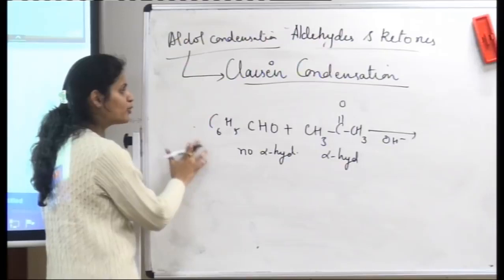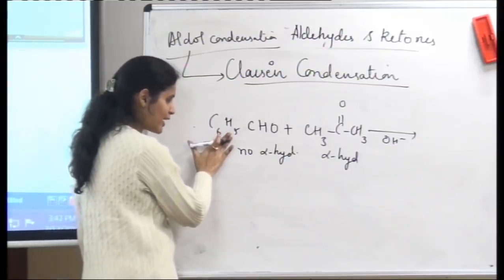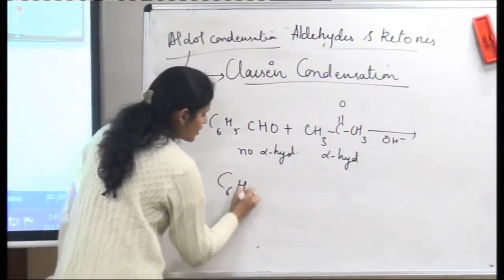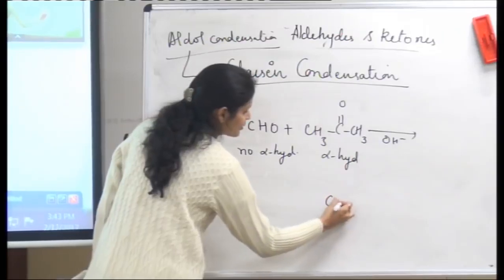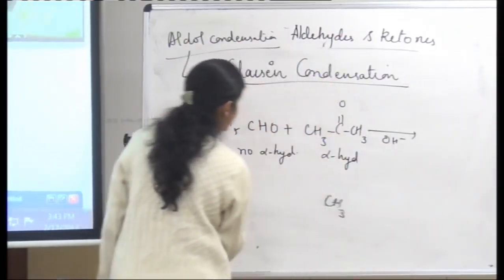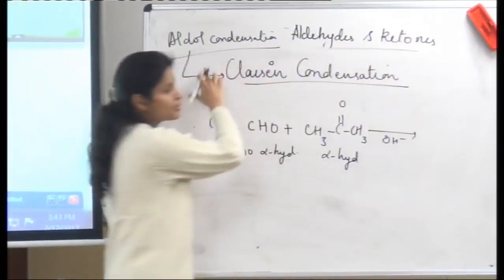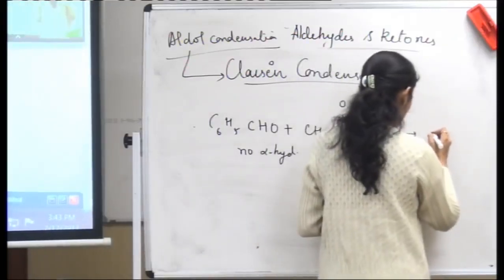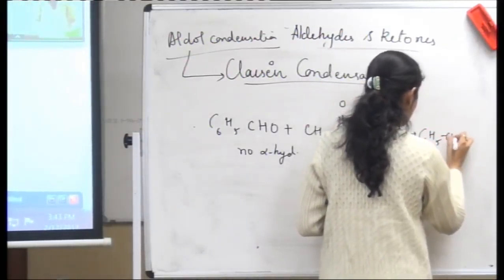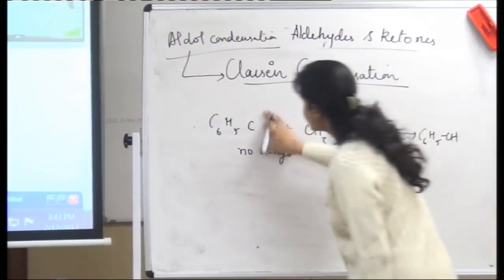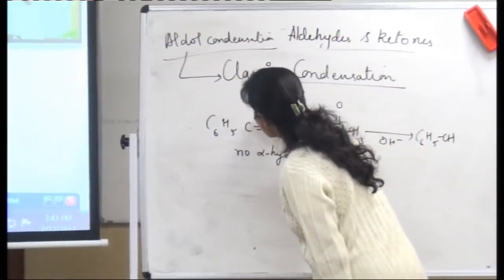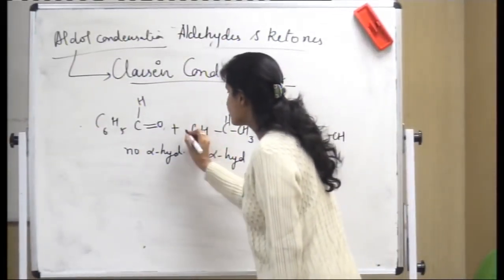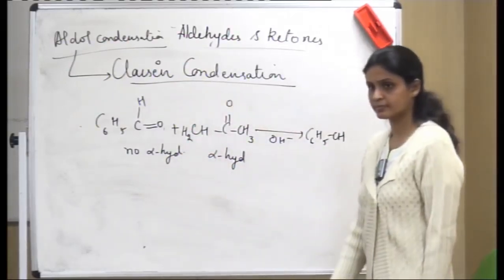I have already told you that whenever you are given an aromatic aldehyde and an aliphatic aldehyde or ketone, the aliphatic part will retain the carbonyl group, right? So first of all, what should be the product? The first product would be the aldol formation. So what should be the aldol? It would be C6H5CH, then I can write this as COH. Now it is easier for me, then I can imagine this as this, right?